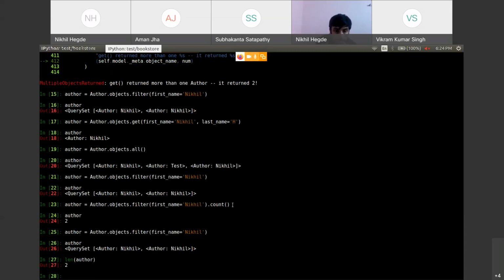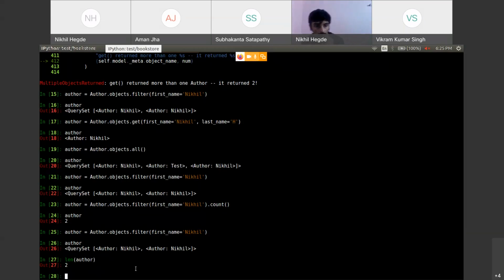It will not execute any extra query; in the same query, it will be executed. But if you do it like this, there will be one query executed at the beginning, and if you do length of author, another query will be executed. So this is not the optimal approach. But whatever you have told is correct. I'm not saying that it's wrong, but dot count is the optimized method. Okay? Yes, sir. Fine.